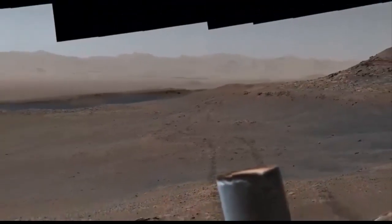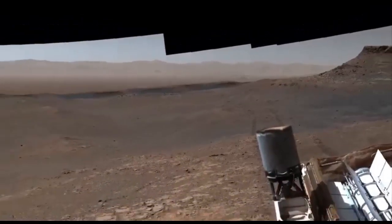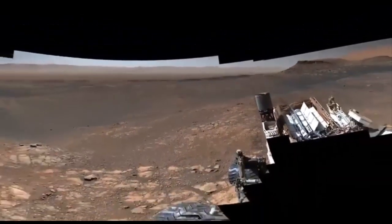Panoramas like this are like a window to another world. Explore it yourself in a 360 video. Look for the link in the